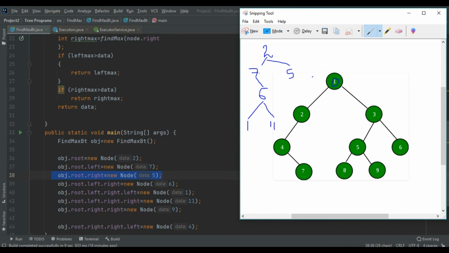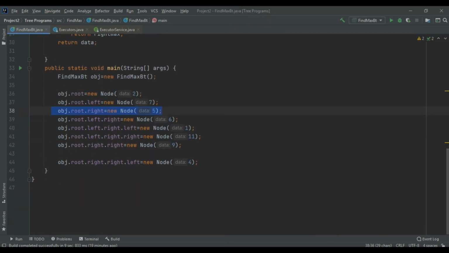Then obj.root.right.right is 9. Then 4 would come. So in this way this tree is created.